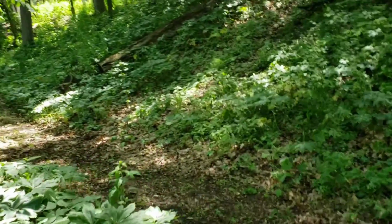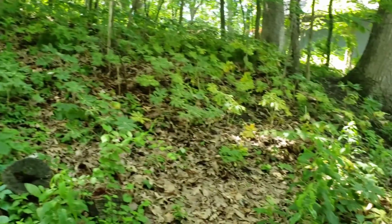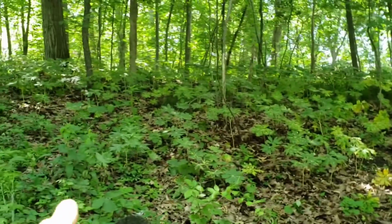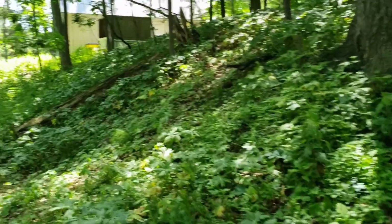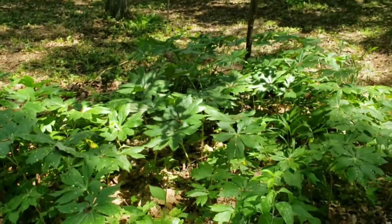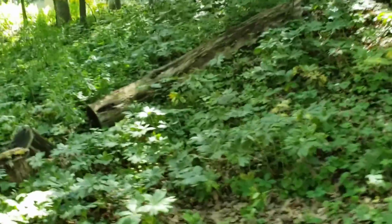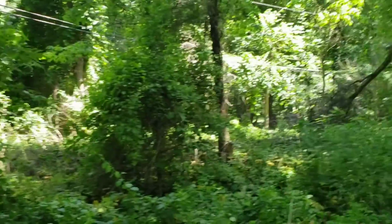But like I said, this was all choked out. It was just solid Asian bittersweet. Now I'm trying to get this mayapple to kind of fill in. So I will come around and I'll do actually some weeding on kind of a macro scale. Get out the stuff I don't like and let the stuff I like, the mayapple, thrive. Anyway,